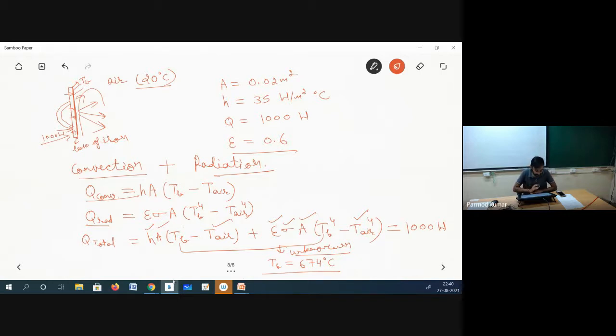So is this question clear to everyone, or is anyone having any confusion? Please say yes or no. Yes, sir, clear. Okay. So remember one thing, radiation is a very, very important part, and unless it is given in the question that radiation is neglected, you have to always consider it. Majority of the time we make this mistake. Whenever we find that we have a solid surface and some surrounding medium, we try to consider only the convective mode of heat transfer.